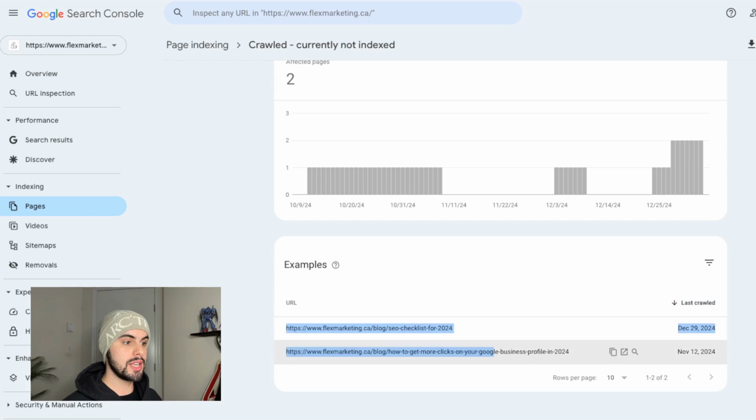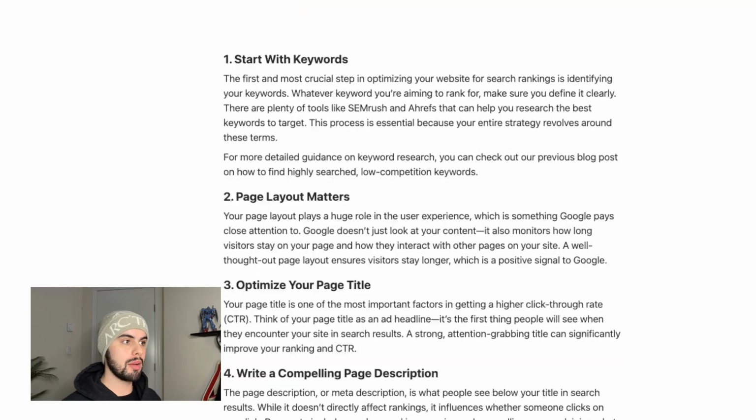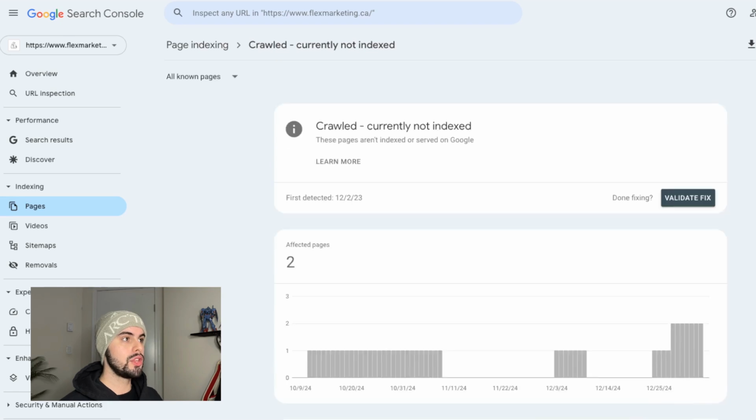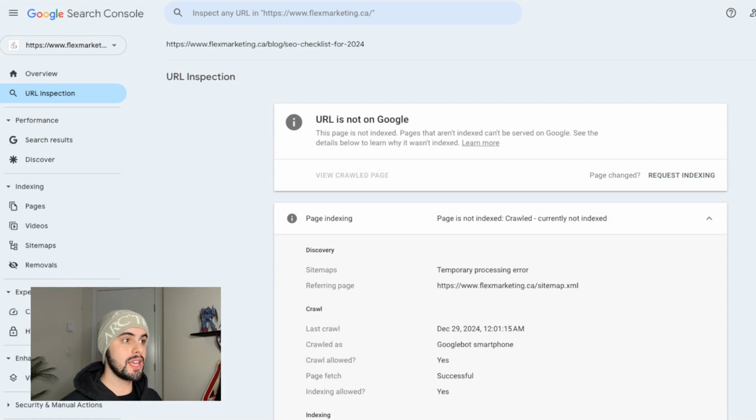So let's check out the crawled, not currently indexed. We have 2 pages here, and it looks like these are both blog posts. So if I go to this page in Google, you can see this is one of my blog posts, and I probably want to have this indexed on Google. So to do that, you'll copy the URL, you'll paste it in the inspect any URL. It should take a minute to load here, and you can see the URL is not on Google, which is not good. I want to have this on Google. So you'll click on request indexing,